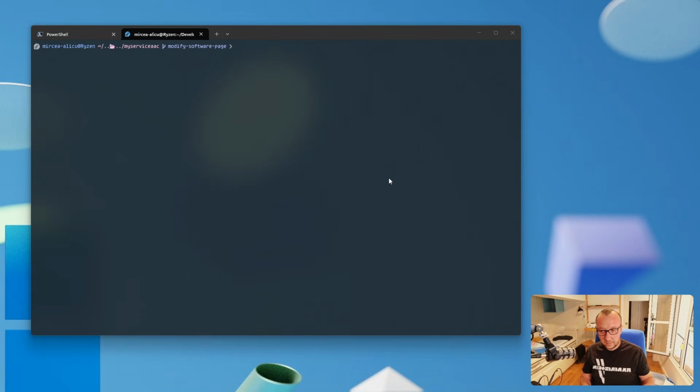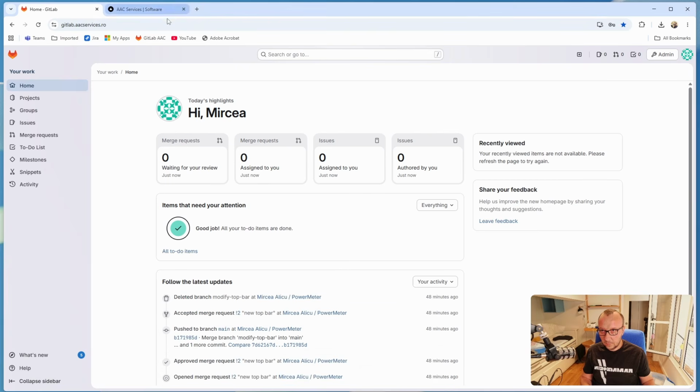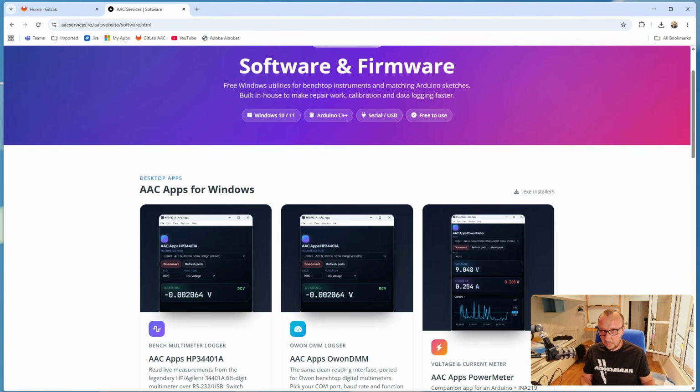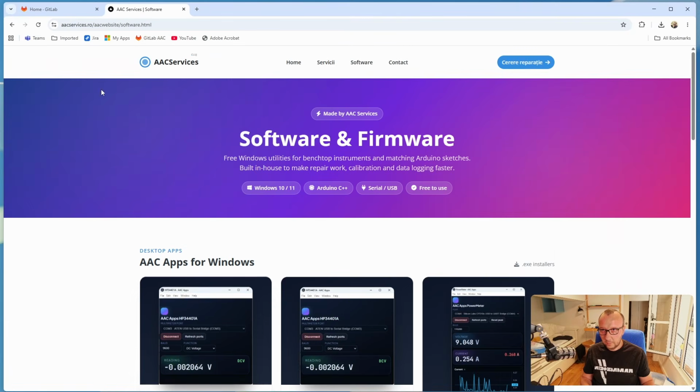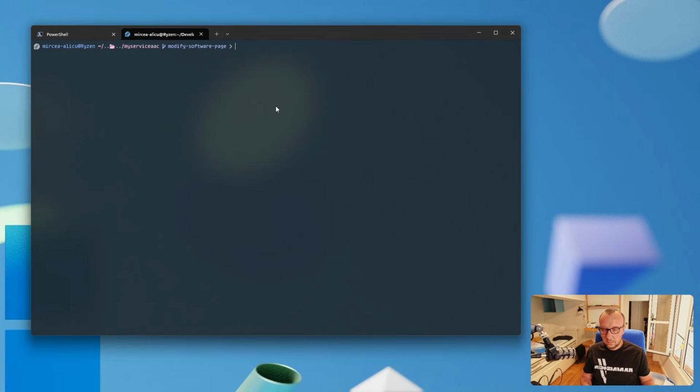Good, so now that I edited my page, you can see here the page in production is still the old one. We have nothing new here. I'm gonna do a git add, and I'm gonna add all the modifications. I'm gonna do a commit, git commit -m